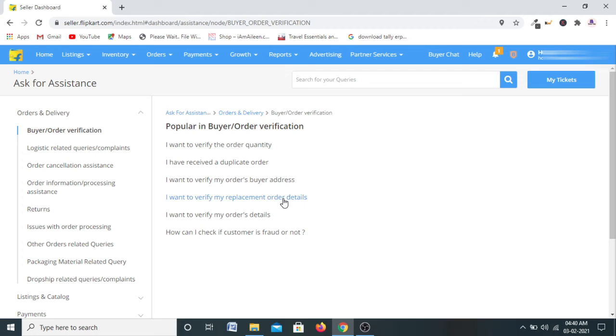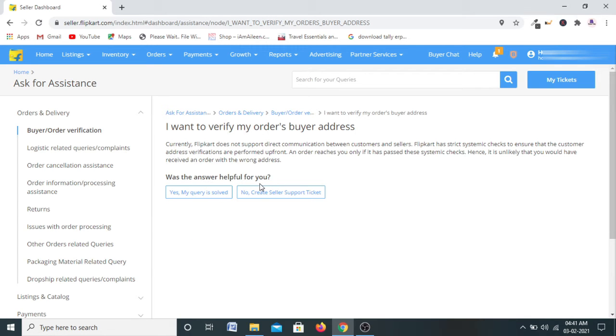My query is I want to verify my order's buyer address, because I got the order and now I want to verify it. After this, it says currently Flipkart does not support direct communication between customer and seller.